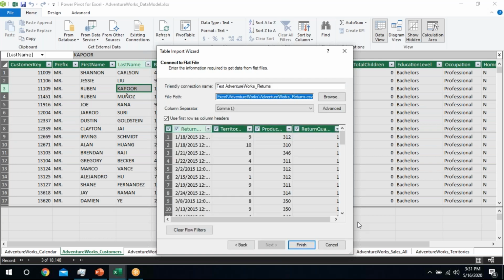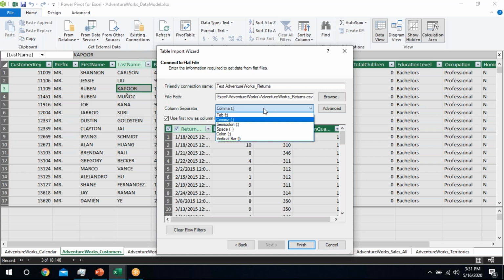Since it's a CSV file, it has automatically detected that the column separator is a comma. If not, we can also change this separator type. I am checking Use First Row as Column Headers, since my first row contains the column headers. Then Finish.